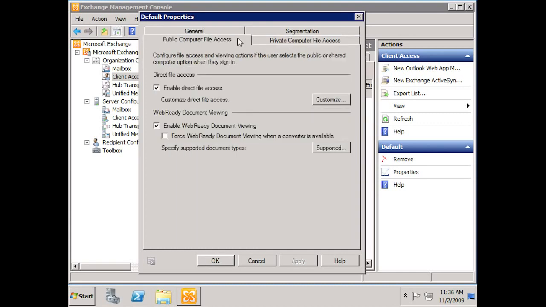Some other options here include public and private computer file access, and you can see they're the same exact settings for each. The point is that at times you may be accessing files from your Outlook Web App, and in that case, if you're public, then you're out on the internet somewhere and you're accessing it through a firewall. So here you see direct file access. It says enable direct file access, and then you can customize. Direct file access allows users to open files that are attached to email messages or files that are stored in, let's say, a Windows SharePoint Services library or on a Windows file share. So you can manage this, and here if we click Customize,